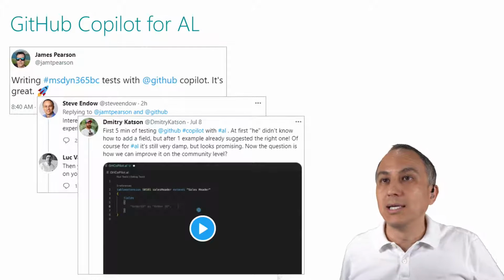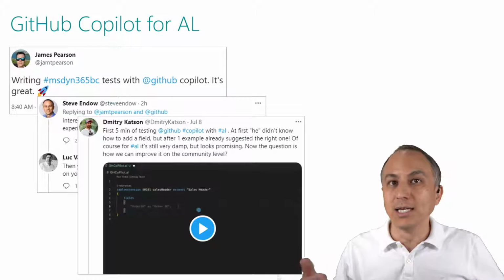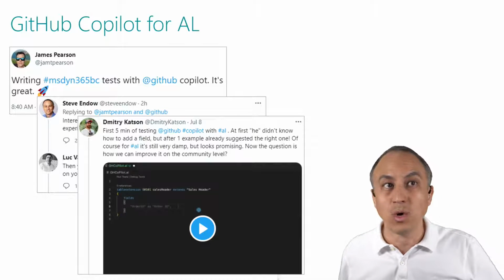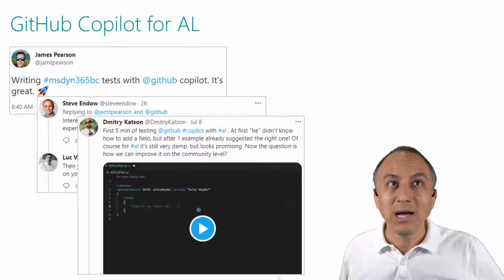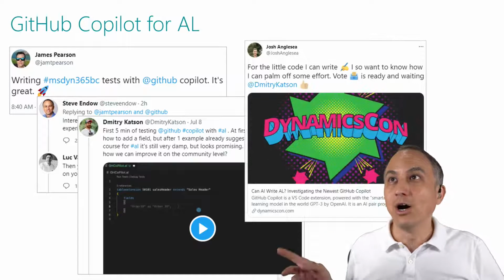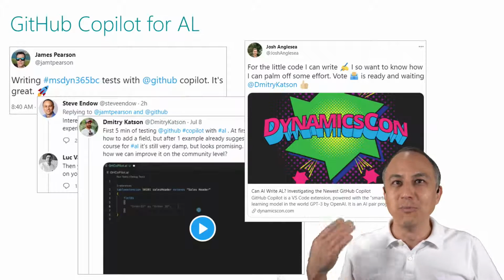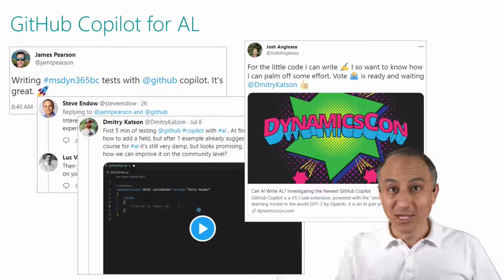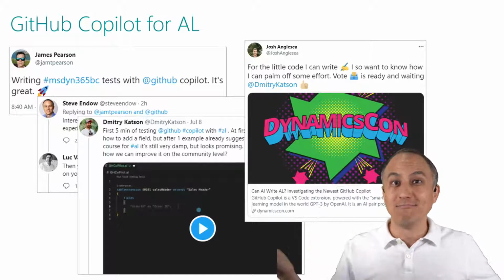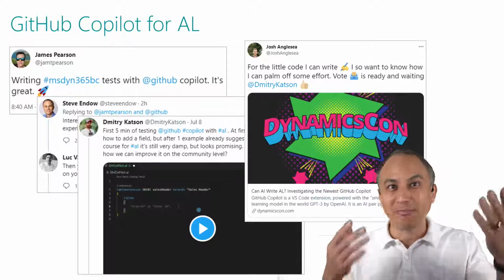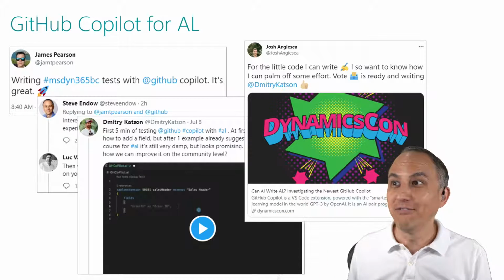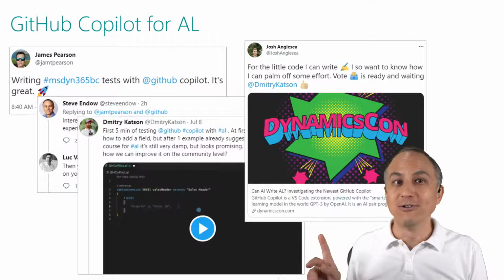So it looks like after a little bit of training, it starts to understand what you want to do. So it looks pretty cool. And then I saw Josh's tweet here where he found that Dimitri had proposed a DynamicsCon session on this new feature. So, interesting thread. I learned a lot of stuff from this. So go check out